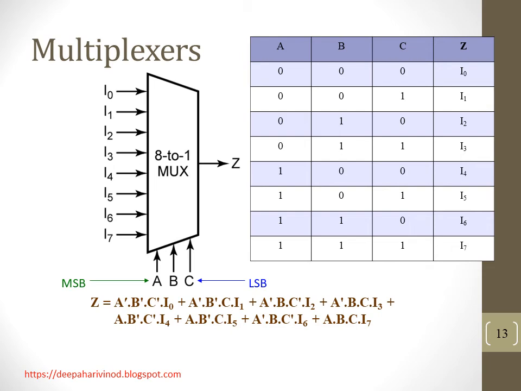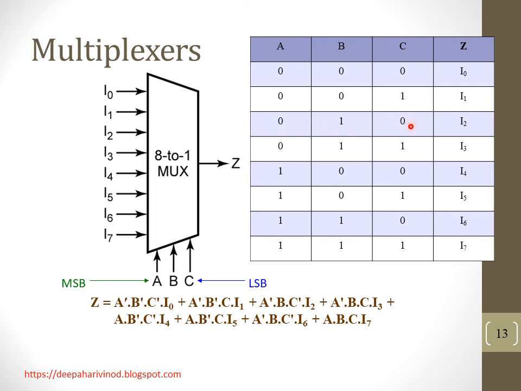So we can write the output equation for Z. What is the combination for I0? That is A bar, B bar, C bar, and it is multiplied with I0 because the data should appear. So Z equals A bar B bar C bar into I0, plus A bar B bar C into I1, plus